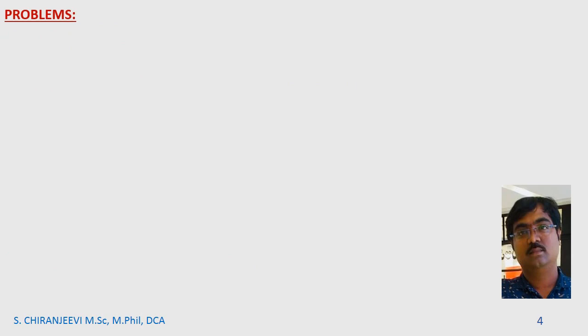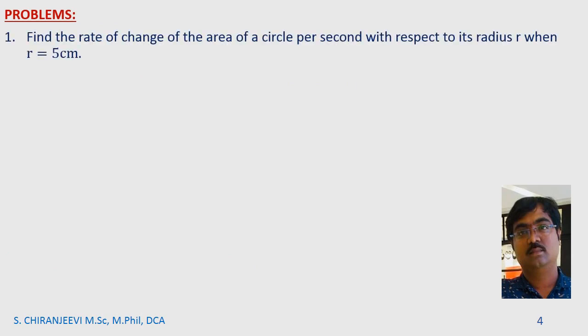Now we go for problems. First one, find the rate of change of the area of a circle per second with respect to its radius r when r equal to 5 centimeters. See here, given is r equal to 5 centimeters and we need to find the rate of area of circle with respect to radius. Given r equal to 5 centimeters, area of circle capital A equal to pi r square,